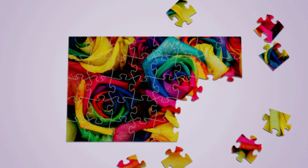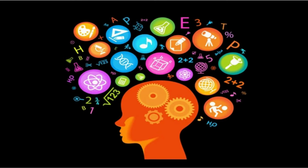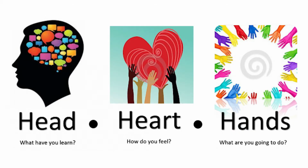So what is art integration or art integrated learning? The dictionary meaning of the word integration is the act of combining or adding parts to make a unified whole. Thus, art integration means combining arts with the teaching of different curricular areas. Art integrated learning is a teaching learning process which is based on learning through the arts and with the arts. It's a process where art becomes the medium of teaching learning process. AIL or art integrated learning provides a learning experience that engages the learner's mind, heart, and body, which is the 3 H's: head, heart, and